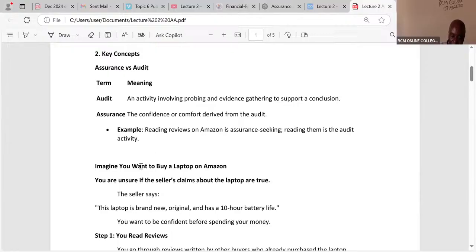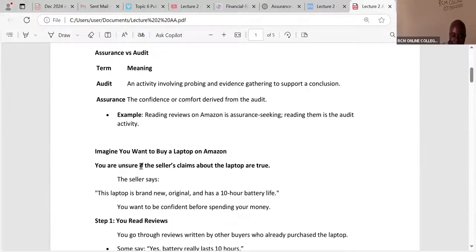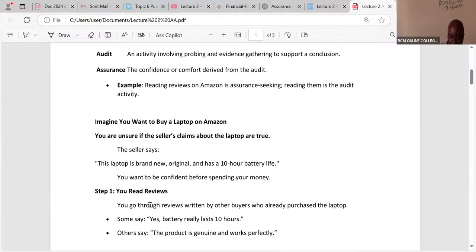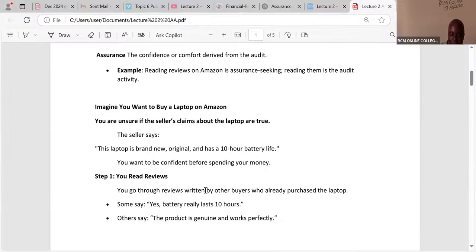Imagine you want to buy a laptop on Amazon. You are unsure if the seller's claims about the laptop are true. The seller says this laptop is brand new, original, and has a 10-hour battery life. So you want to be confident before spending your money. Step one, what do you do? You go to the reviews, you read reviews written by other buyers who already purchased the